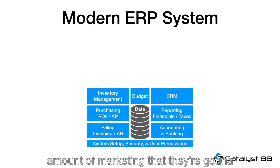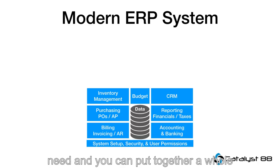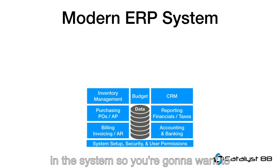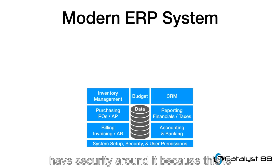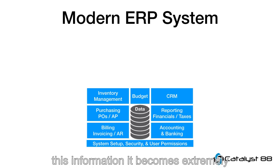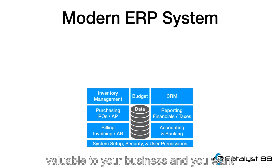And you can put together a whole budget to smartly run your system. Then you're going to have to keep track of who's in the system. So you're going to want to get it all set up. You're going to want to have security around it because this information becomes extremely valuable to your business. And you want to have user permissions on it so that